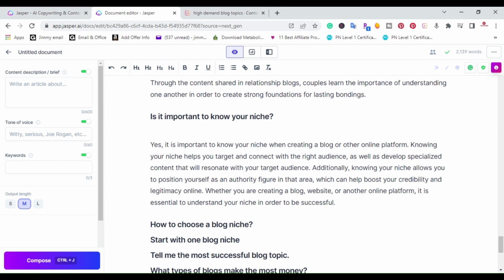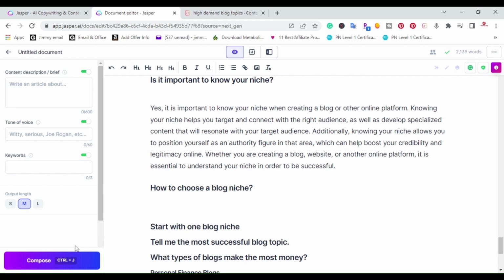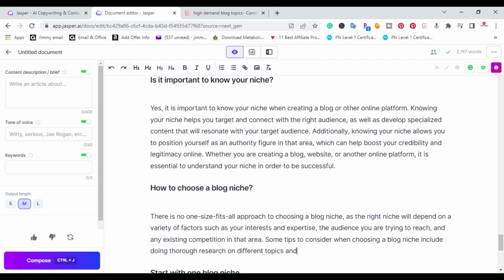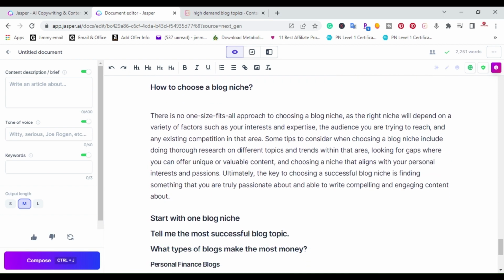Okay. So I finished this section. Let me go to the next one. How to choose a niche blog or blog niche, excuse me. So I'm going to go ahead and hit compose. There's no one size fits all approach for choosing a blog niche. All right, so I'm going to continue composing. It continued. All right, so I wrote this section, and then I'll go ahead and go to the next